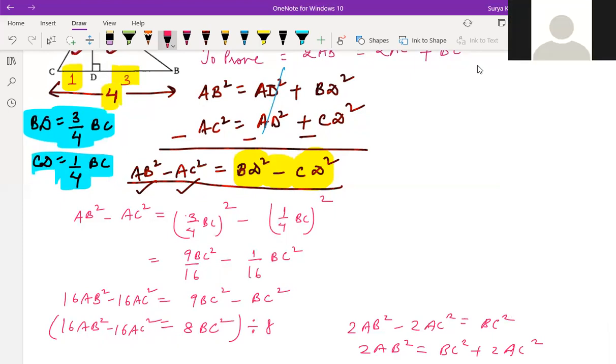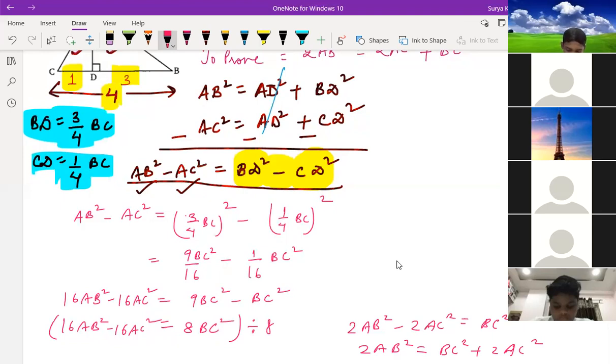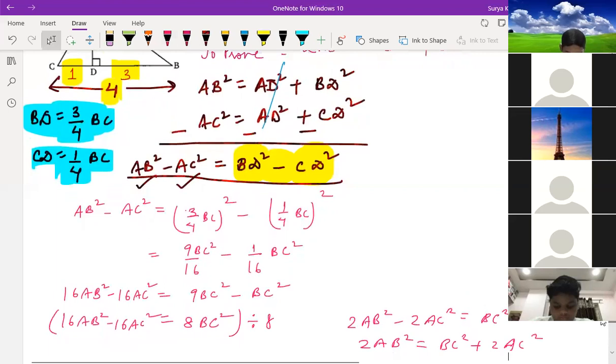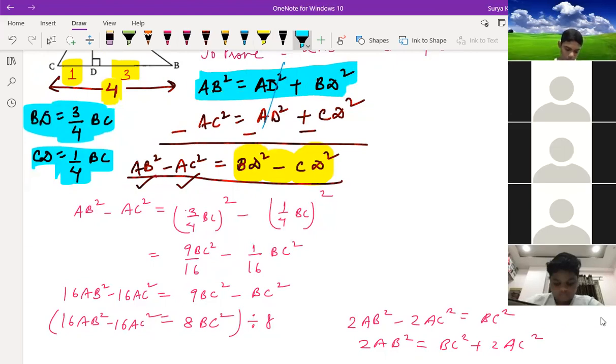Yes, sir, it's clear. So these questions are like that in the exam. They won't ask proving, but they'll ask which is equal to what and give the options. So if you know this concept, mostly BPT, similarity and Pythagoras theorem are asked to find the numbers. This is like Pythagoras theorem only that we are using. Just try to understand. The more questions you do, the more concepts you can apply.